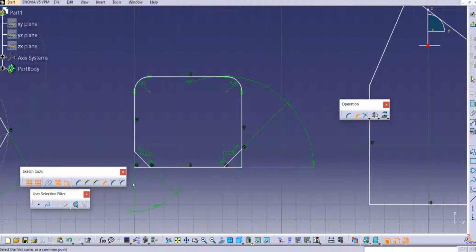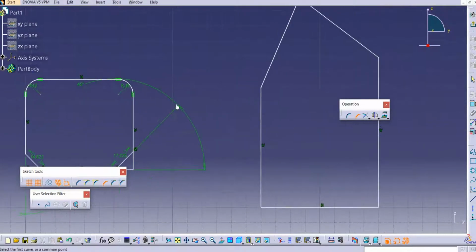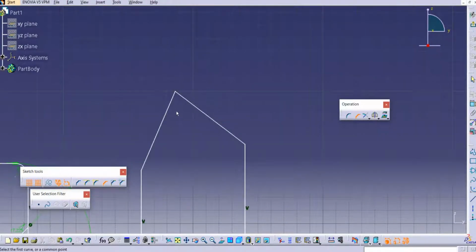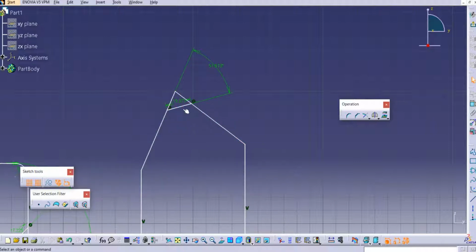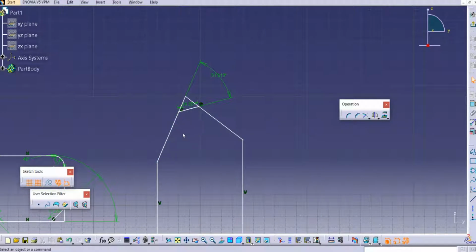Just select this one, and we'll provide it here for this profile. Select the first line, select the second line, and then it will create a chamfer here without any trimming. And here you can provide the chord length, and then you can provide the angle. So depending upon your input, you can select this type.